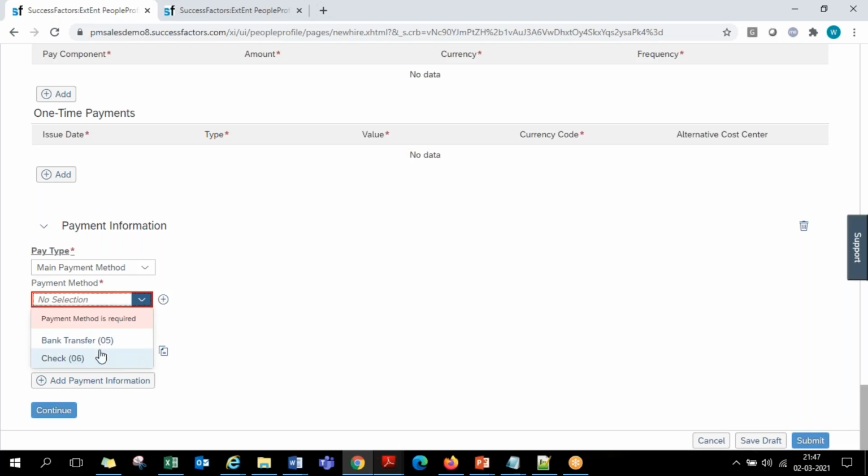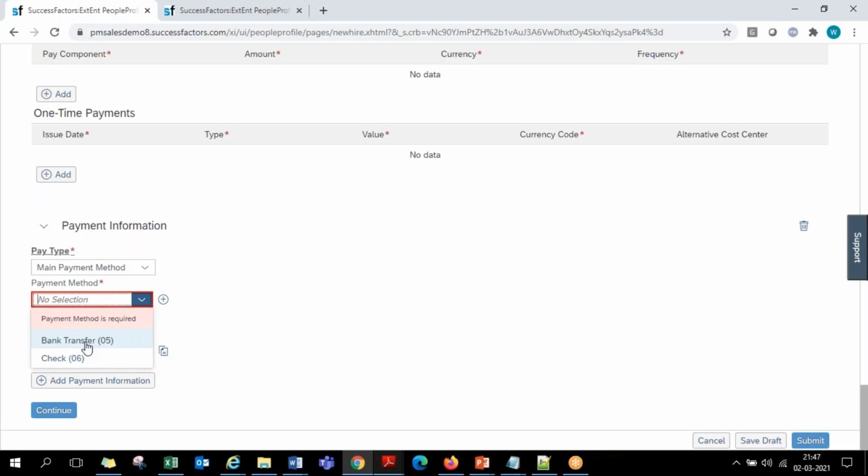In this there are only check and bank transfer. If a company wants to have wallet based payments, or cash based payments, they can add that, guys. In Middle East companies there will be something called pay cards. Pay card, initially when the employee is not ready with the bank account number created, pay card is something that will be initially given. So like that, pay cards, different payment methods, country wise we can configure them.